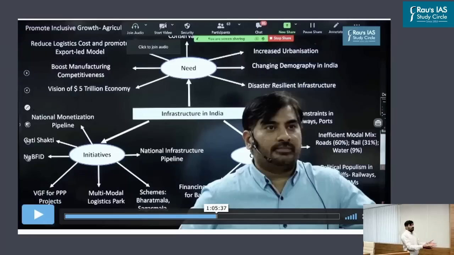So everything which you need to know with respect to infrastructure was put in one particular slide for the sake of revision. So if someone had revised this slide alone, such a student would have written a very good answer to the question which we had discussed just now. Clear? Apart from that,